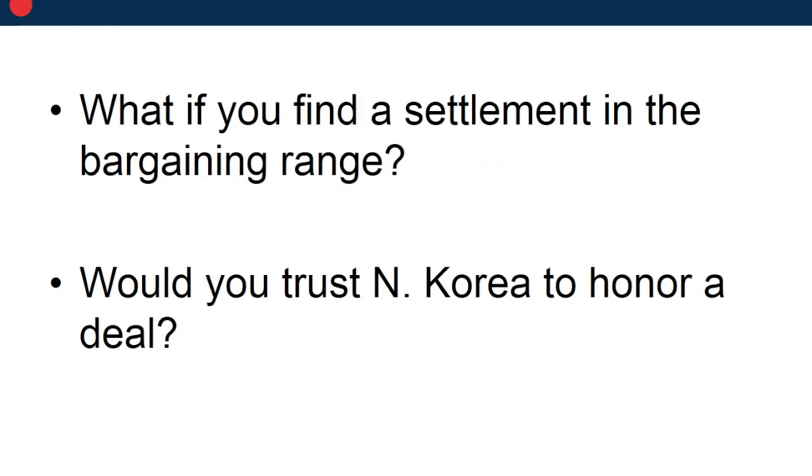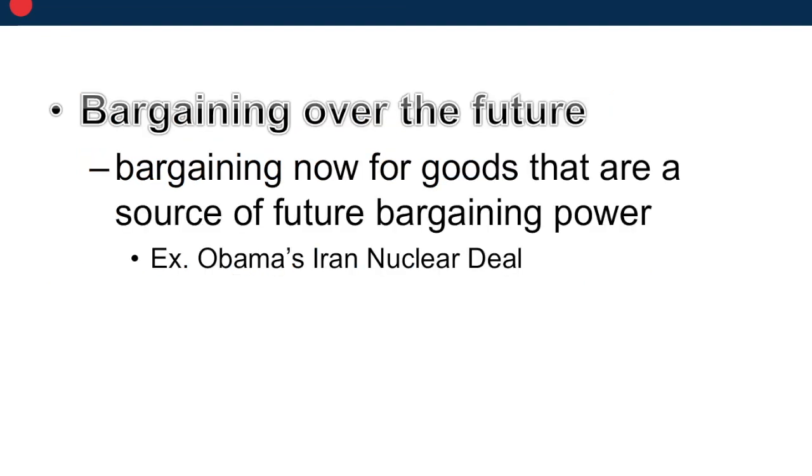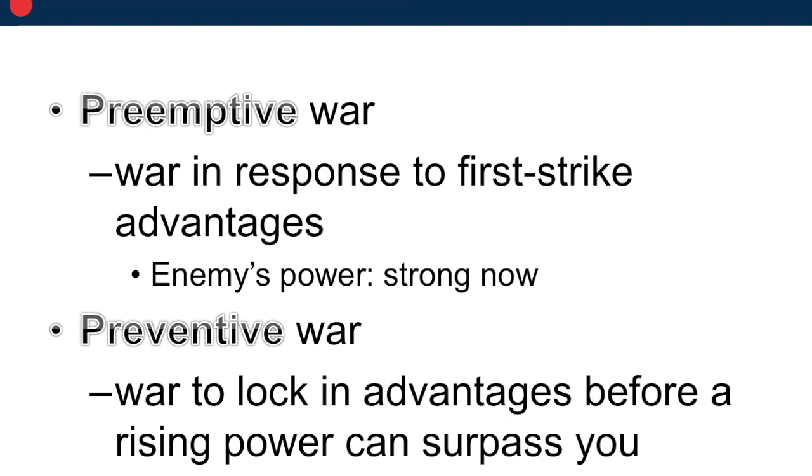War from commitment problems. Okay, let's say that we actually find a solution, a settlement with North Korea. Do you honestly believe that we can trust North Korea to honor the deal? Well, one of the ways that we can prevent this is bargaining over the future, okay? We can bargain now for goods that are a source of future bargaining power, i.e., what about Obama's Iran nuclear deal, right? We paid them $9 billion in hardcore cash and promised them nuclear energy as long as they didn't make nuclear weapons. This is Obama fighting for a stop now